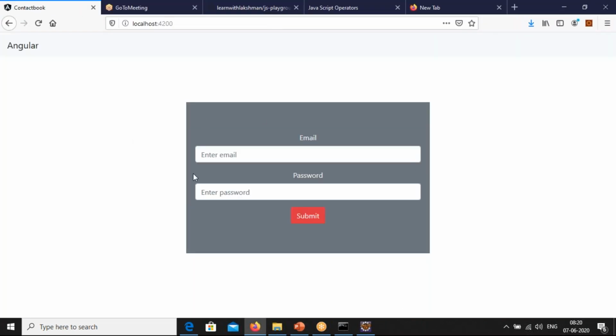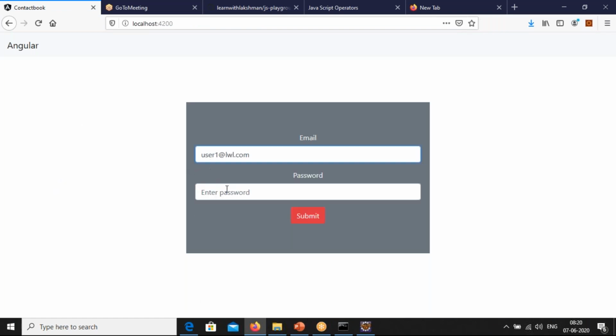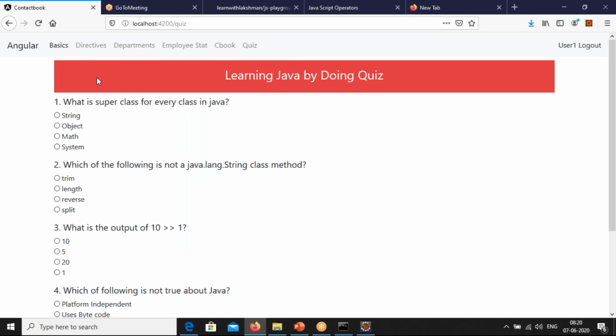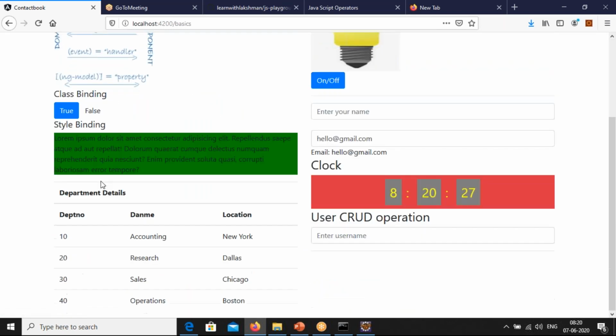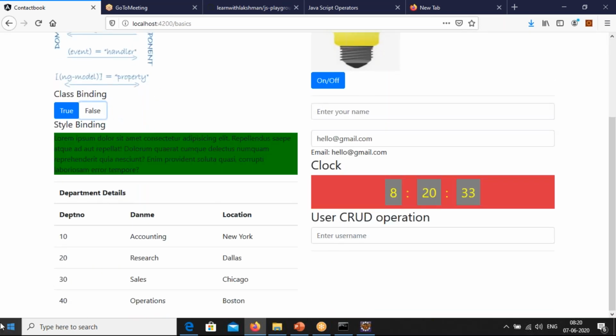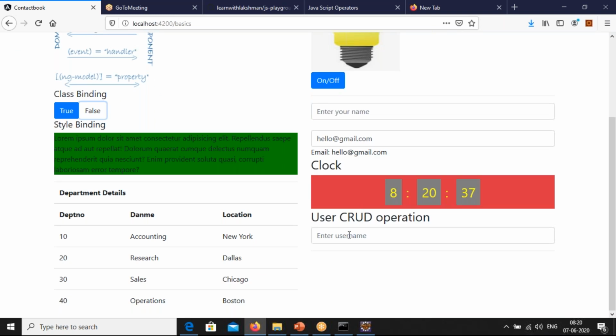This is the Angular project from the last batch, whatever I have developed, and I'm giving you the demo. Here we take user one as the user and the password. If you go back and look at this, this is a basic element: how you use the image, how you bind the directives and style binding, then write the event binding, and how you do the CRUD operations.